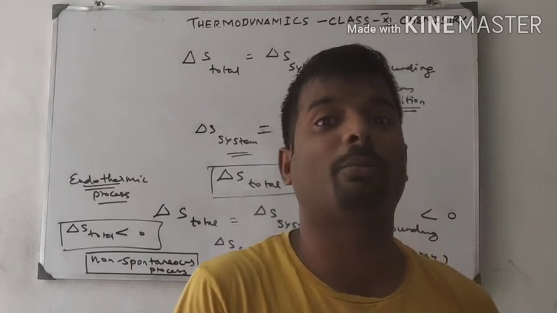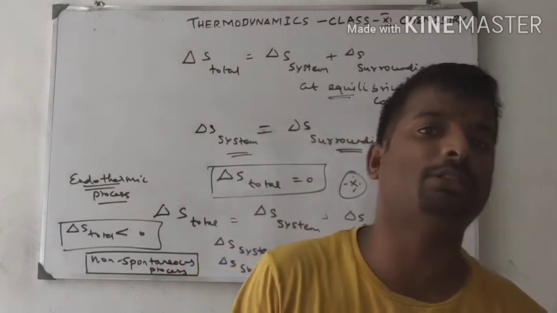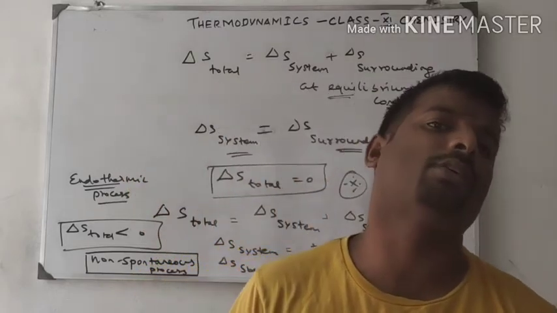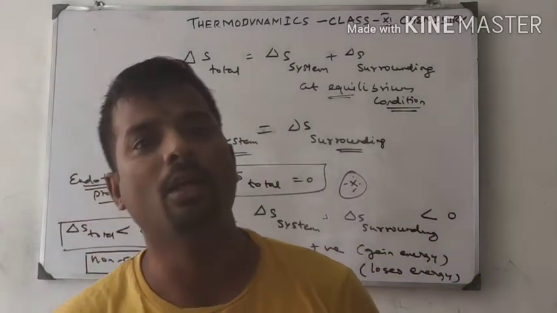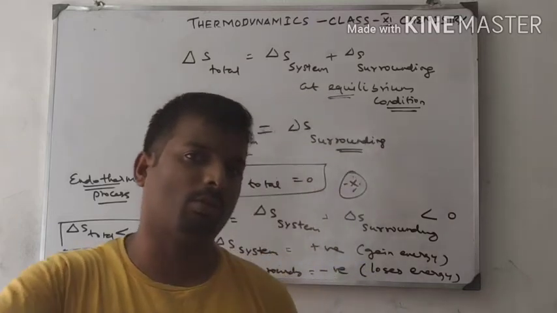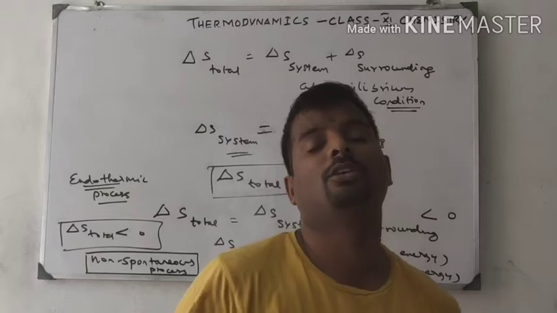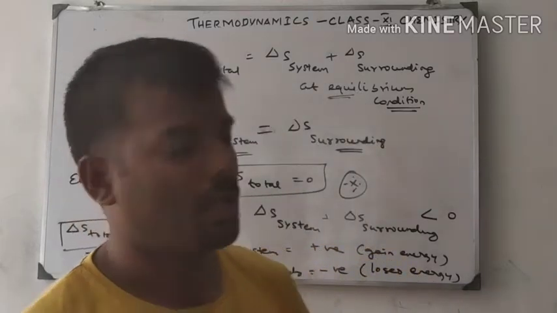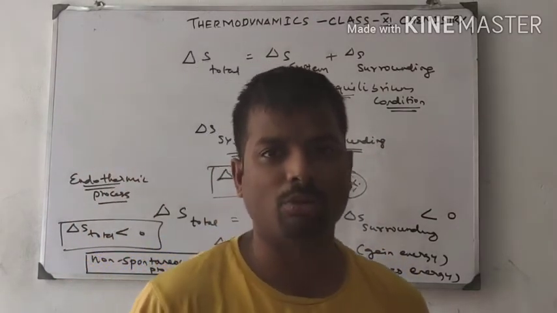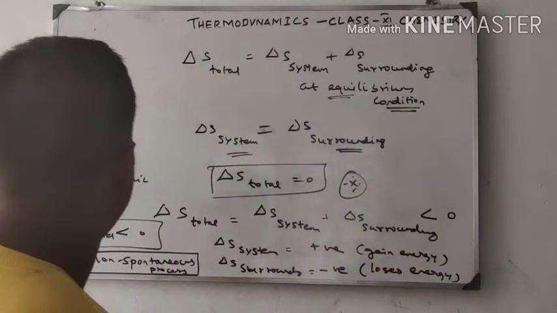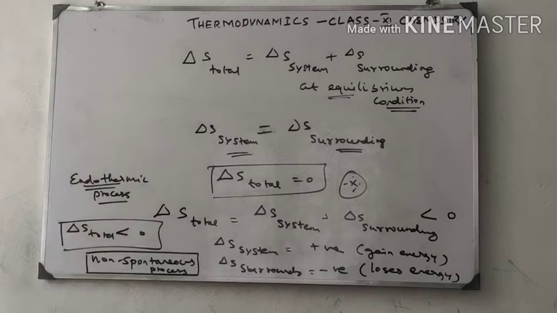Combustion is an exothermic process because hydrogen bonds in the presence of oxygen to form water molecules. Carbon bonds in the presence of oxygen to form carbon dioxide. Once it has started, it will go on. It will not stop. It will not reverse back. So it is a spontaneous process. But non-spontaneous processes are those we only do by ourselves. That is why in this category, delta S total is less than 0.